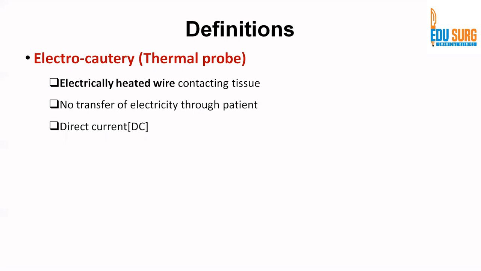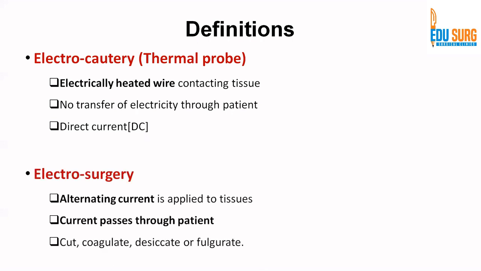So there is no transfer of electricity through the patient, and this is a direct current. Basically, batteries are put in a thermal probe, and with the help of battery or plugged probe, the electricity hits a wire,